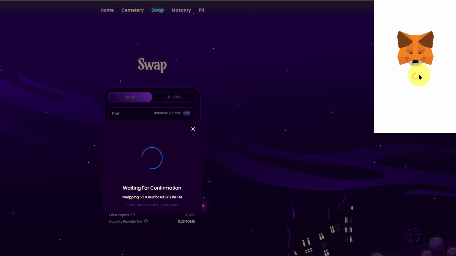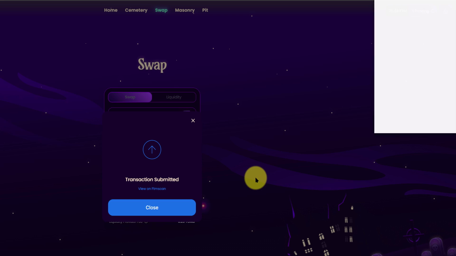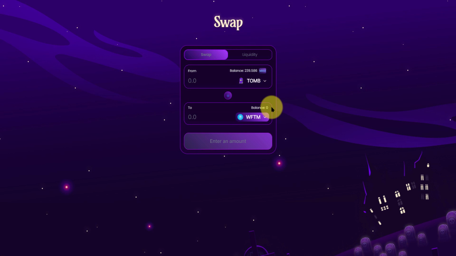We're going to come over to MetaMask. We're going to confirm the gas usage at 0.04 again. And we're going to hit confirm, close this window. And in a minute, you'll see that that balance will go up into the 47 and change zone from what we were suggested to get after we put in the 52. Once that populates, you'll notice that in a very short period of time, we've taken care of 3 swaps directly on